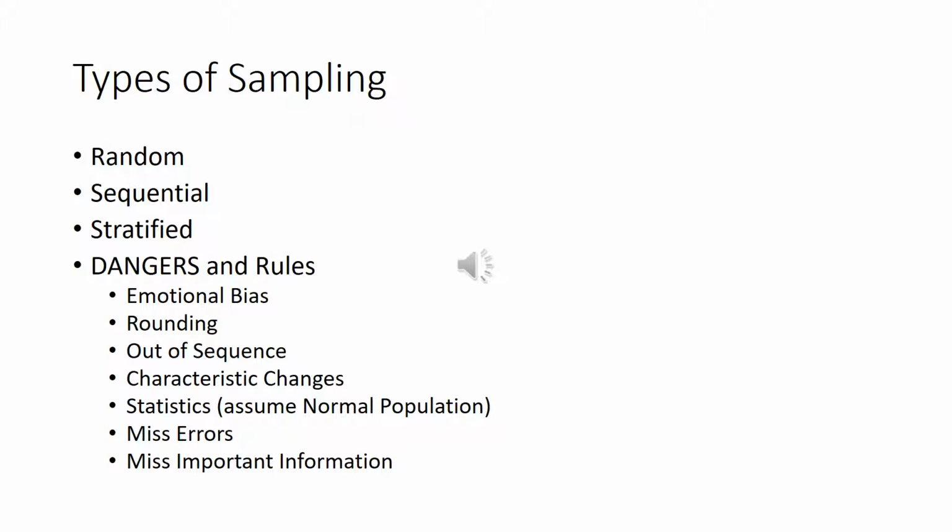Sequential sampling is kind of different. The only example I can think of is Flint, when they had the lead in the water. What they would do is take a sample, right? Oh man, we've got way too much lead. Then they take another sample. Ooh, it's coming down, but there's still a good probability that we've got too much lead. You keep taking sample after sample after sample until you're pretty sure that there's no lead in the water.